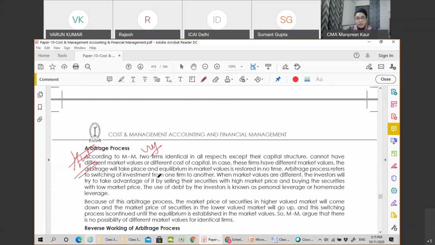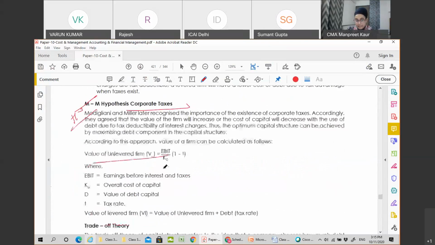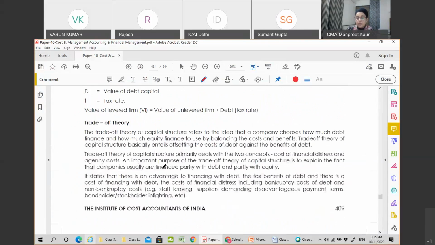So these four theories are completed from my side. Two topics are pending, that is the trade-off theory and the pecking order. Let's have a brief idea, but you will do it, because theoretically they are very important. Questions may be asked from this, what is the trade-off theory and so on, in 2 marks or in 4 marks. So let's discuss. Trade-off theory of a capital structure